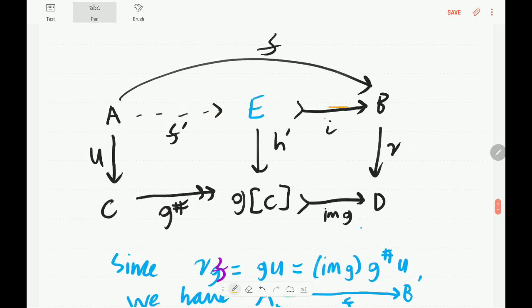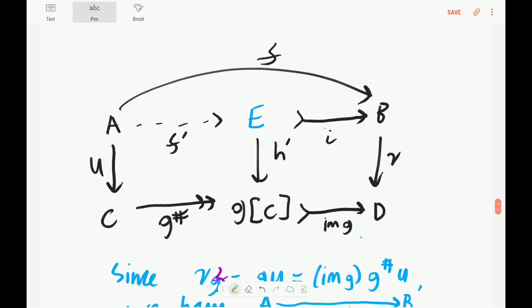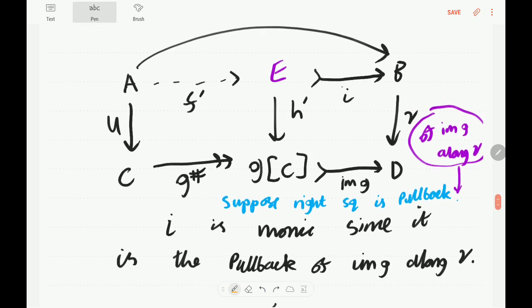And now the thing is that a monic followed by an epic composed together give F. So we can think of I after F dash as an epi-mono factorization of F. Now, the epi-mono factorization of an arrow in a topos is unique up to isomorphism. So essentially this is solving our problem, because our goal